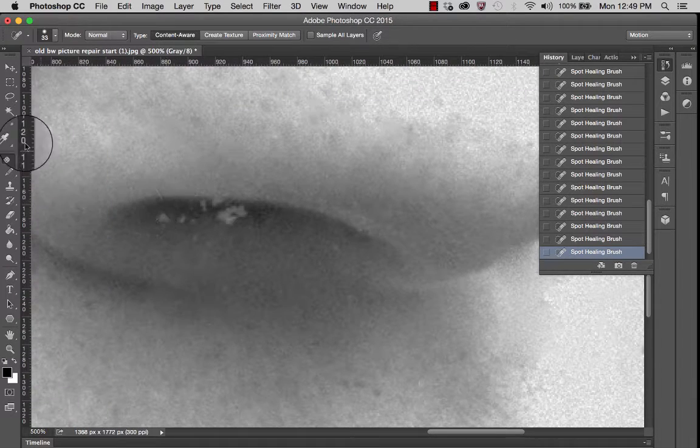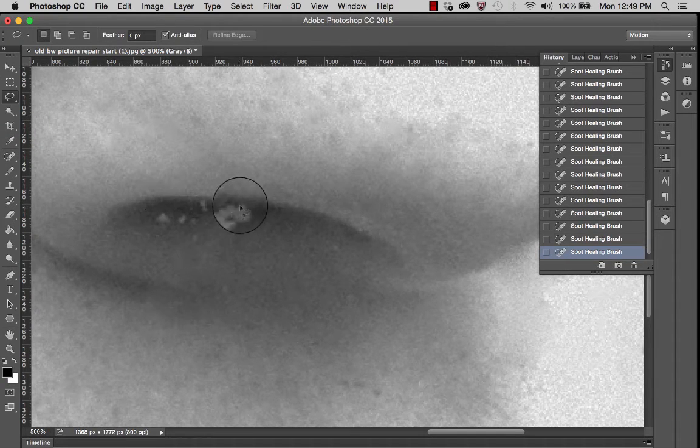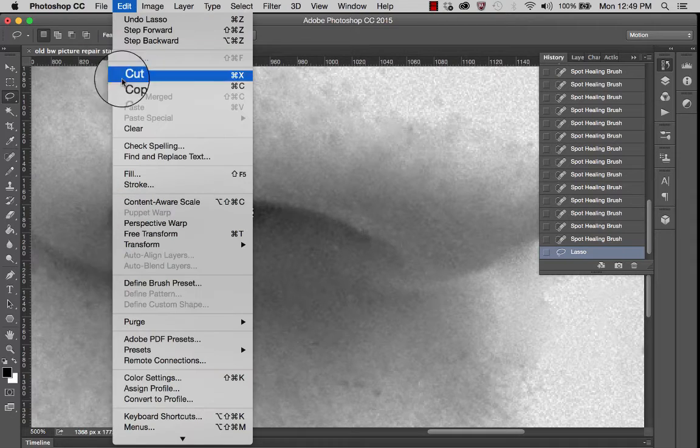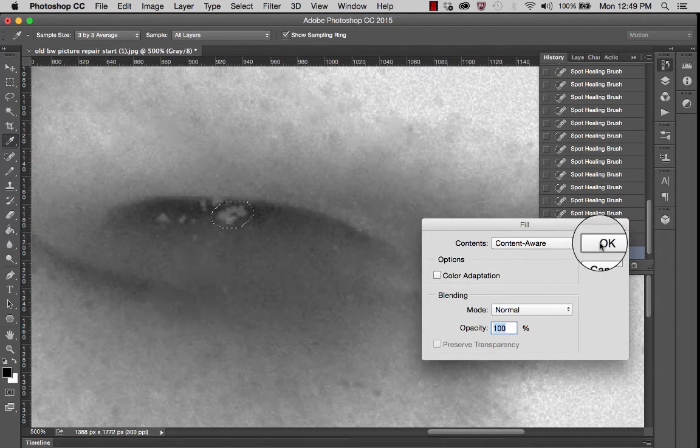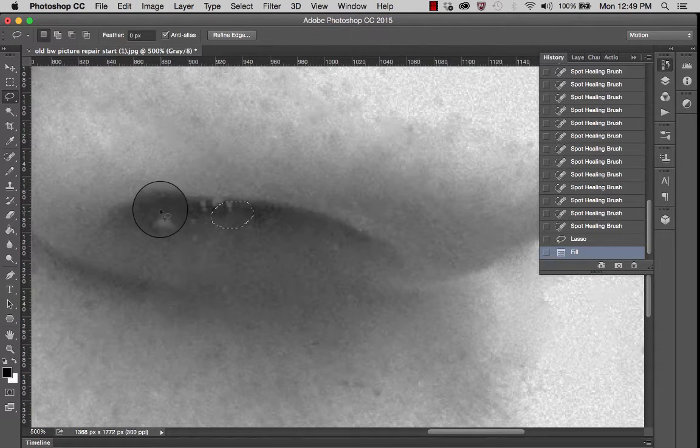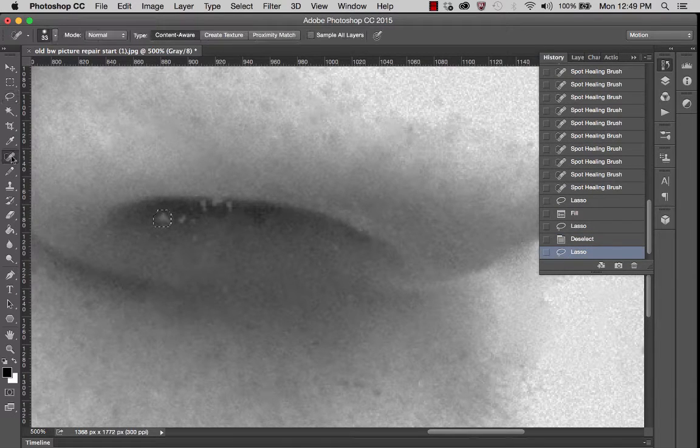And I think let's try using the lasso tool, and let's see what happens. Let's see if we go up to fill and we choose content aware. That seems to work for that part of the nostril. This part, however, I think I'm going to use the patch tool,